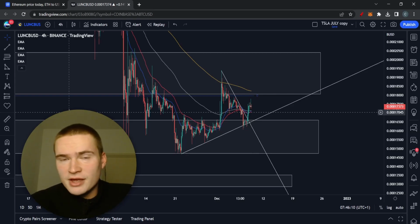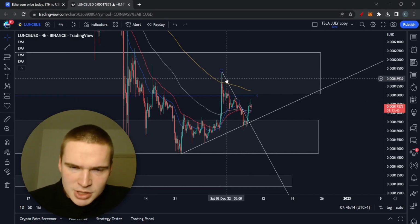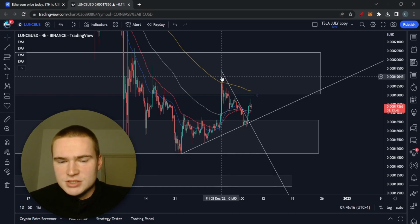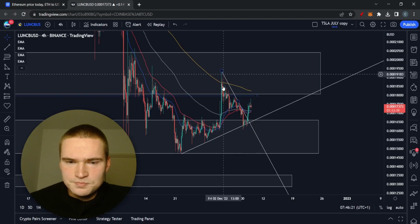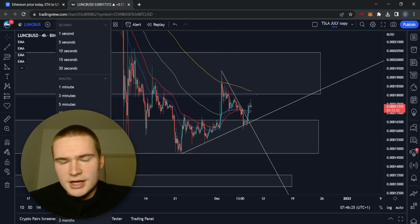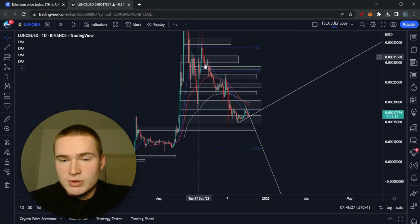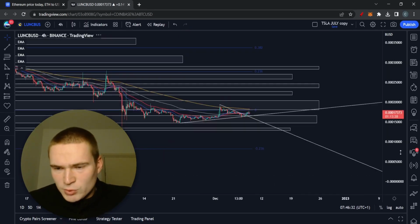So there are some clear things we can see at Luna Classic right now, which I was wrong about. I felt like this bearish momentum we had, which started the 2nd of December, so when the whole Binance burn happened, was pretty strong, and also in light of the trend we were already in, it seemed more likely that we would drop down. But what I missed is that